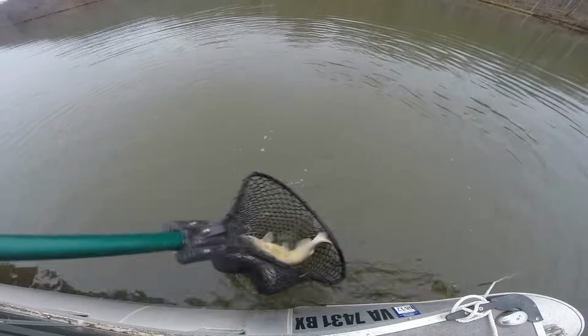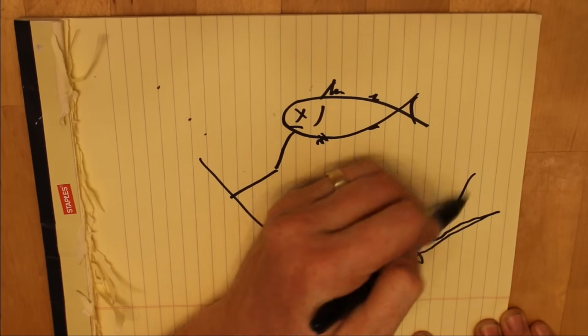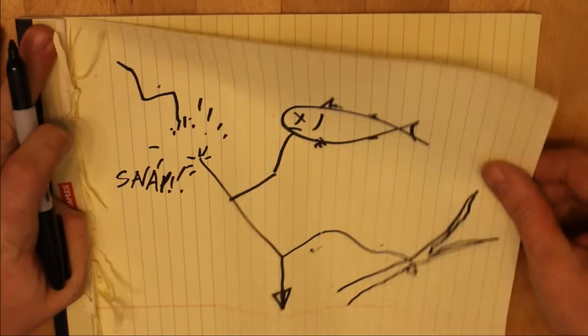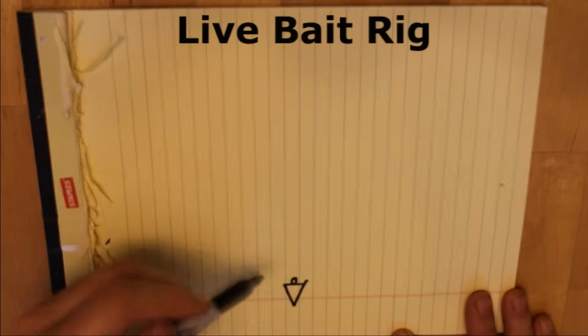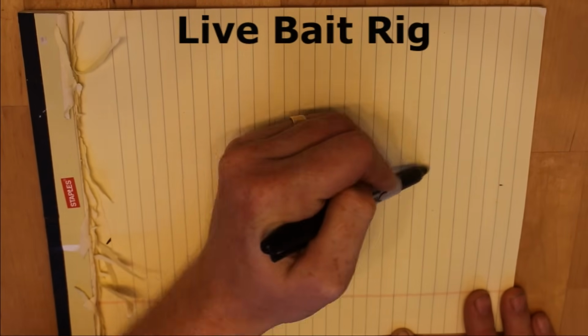This is one of my favorite rigs, but its biggest drawback is that it's terrible in snaggy areas. The extra hook flopping around is prone to catch on things, so only use it in places where you're not going to snag up. The live bait rig is a great one in real snaggy areas when you're fishing with